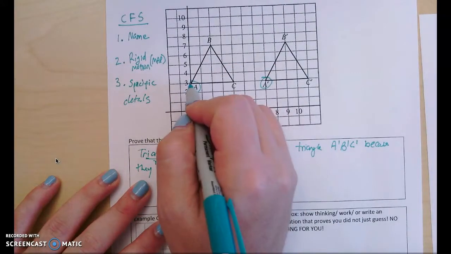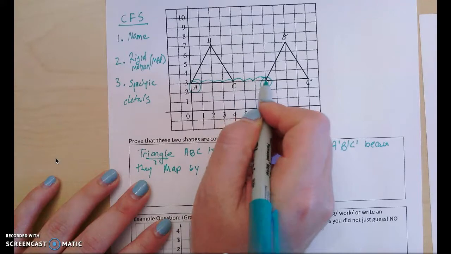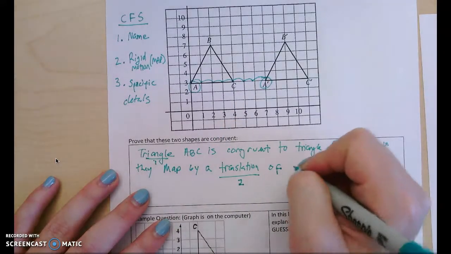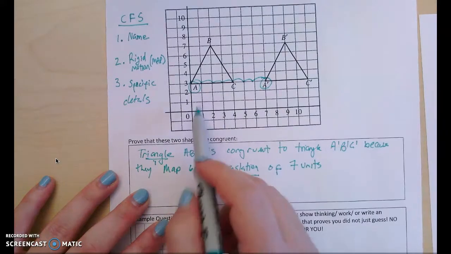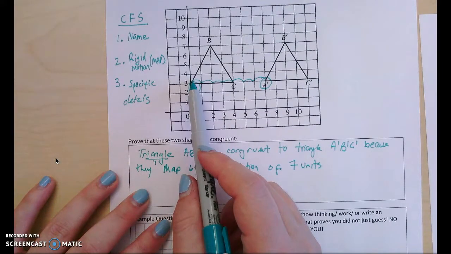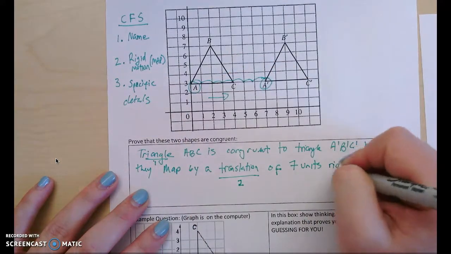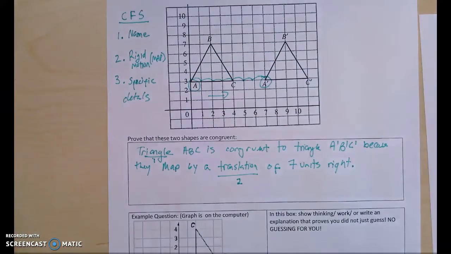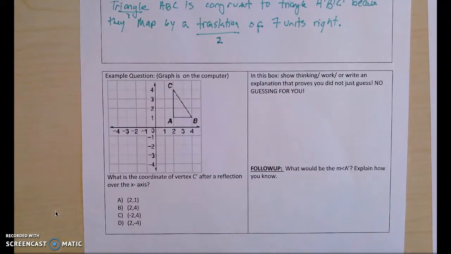So I can count on my paper 1, 2, 3, 4, 5, 6, 7. So by a translation of 7 units, and I went from left to right. I went right, right. And that is a perfect congruent statement. If you do not have that, you need to write that in that box on this paper. It will be checked. So for today, we're actually going to be doing most of our work on the computer